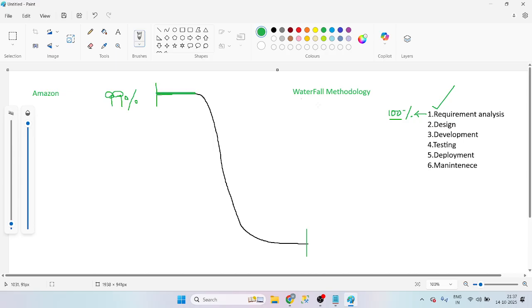Okay, right. After completing requirements, what is my second phase? Second phase is design. Design also we have to do 100 percent. Manoj, is there any option for 99 percent? No, there is no option. Don't keep that in your mind. If we have 100 percent of the requirements, we start the project. If we have 100 percent of the design, we proceed. Why? Because we are not accepting mid changes in the middle of the project.